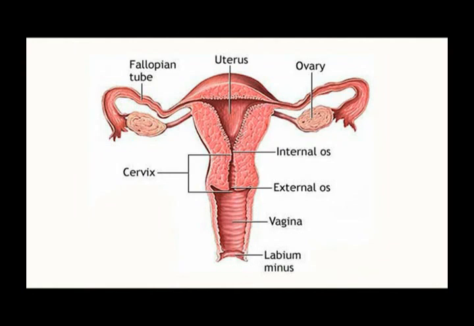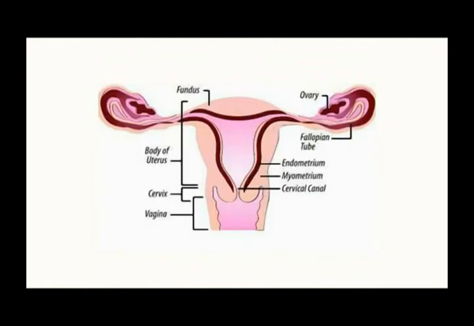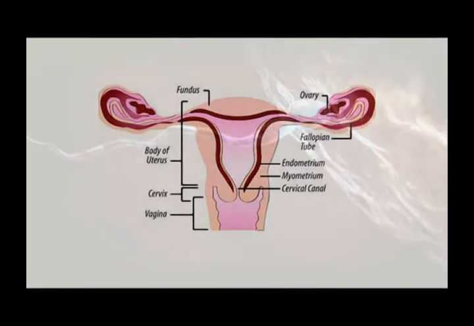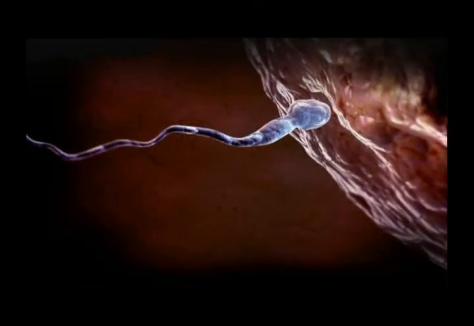However, some of those which do pass through the cervical canal will pass into the correct oviduct and into the presence of an ovum if one is there. The next slide is that of those spermatozoa which actually do get into the